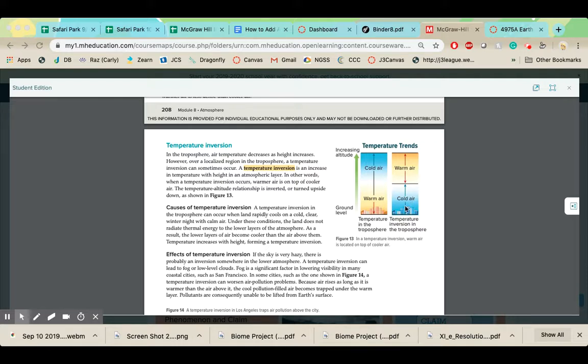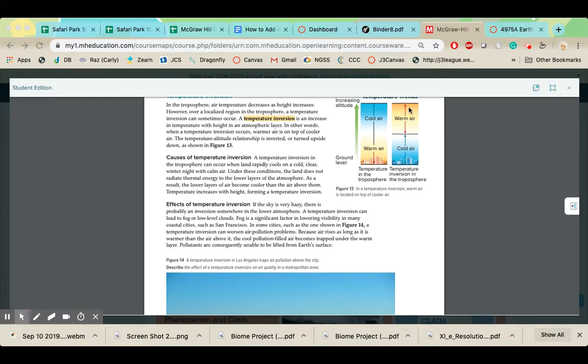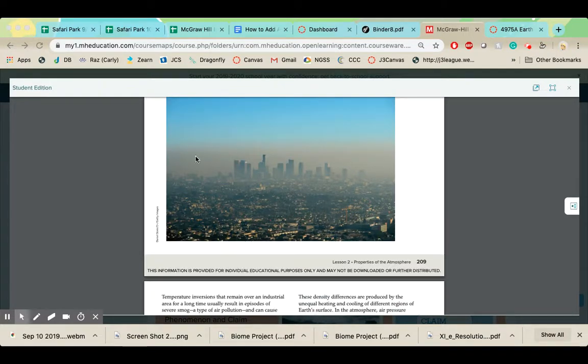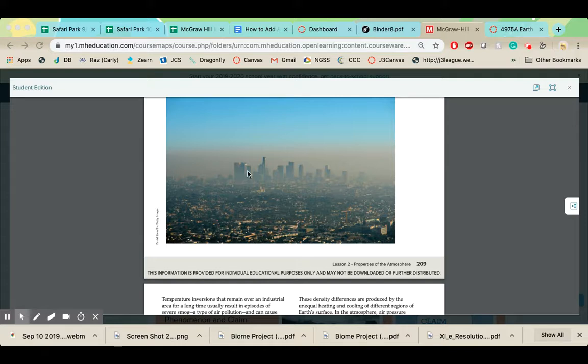So you can get these temperature inversions. It increases pollution, but it happens over places where the ground cools off really quickly and doesn't have time to have this normal process. And here's a layer where the smog is held in by an inversion. Sometimes when I'm pulling away from Long Beach on a boat, you can actually see this over the